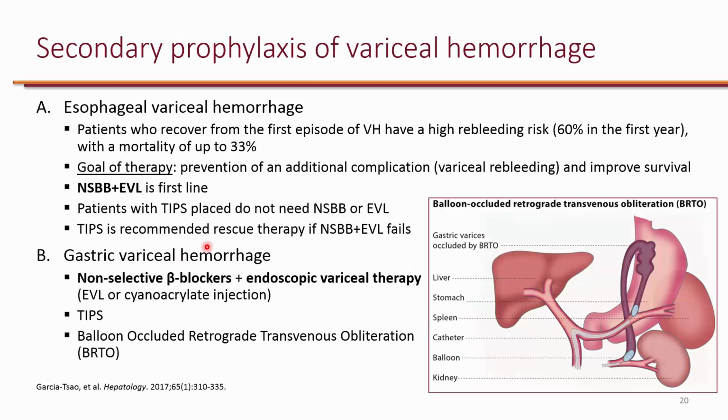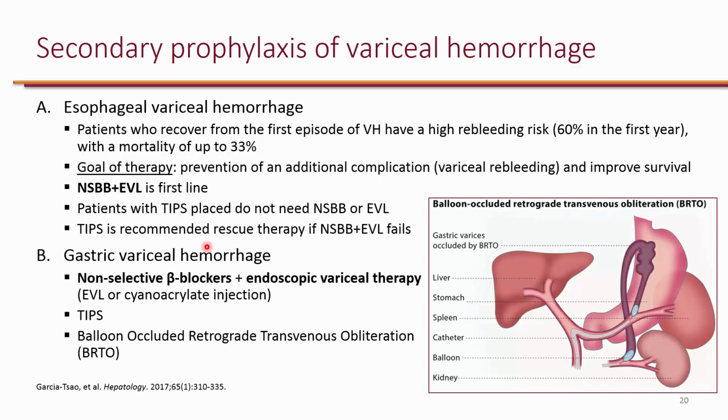So once acute variceal bleeding is taken care of, we want to prevent this from happening again. So we do have secondary prophylaxis of variceal hemorrhage. When it comes to esophageal variceal bleeding, patients who recover from the first episode have a high rebleeding risk, as high as 60% in the first year, and mortality can be as high as